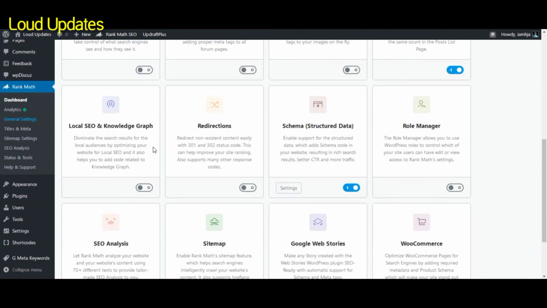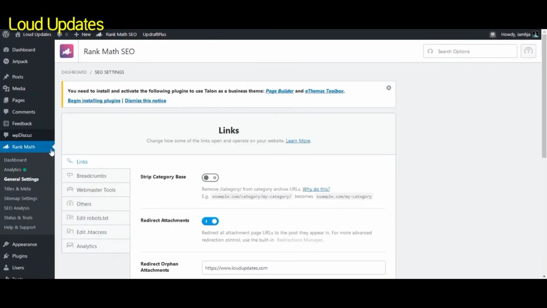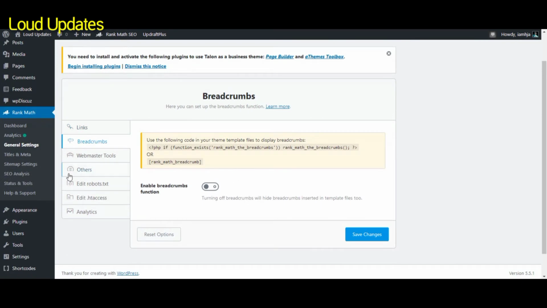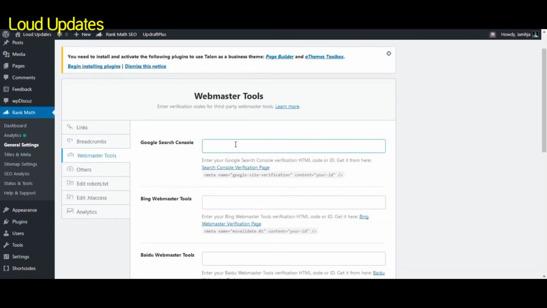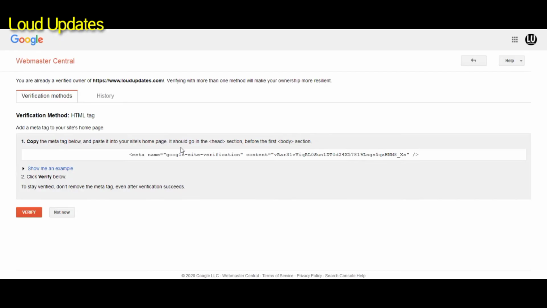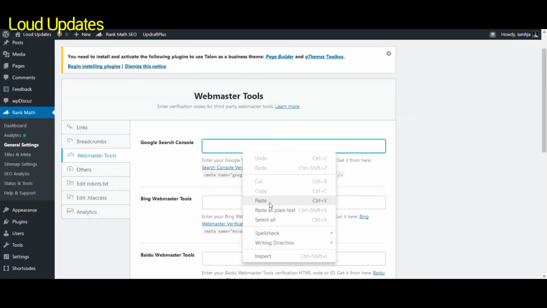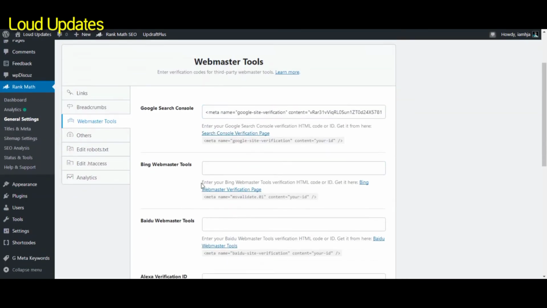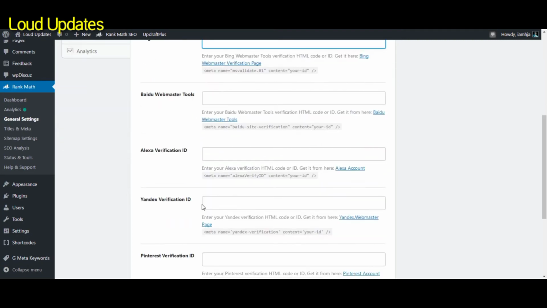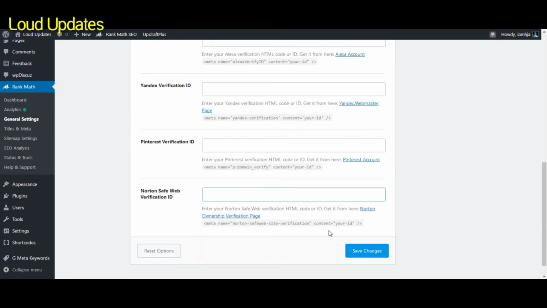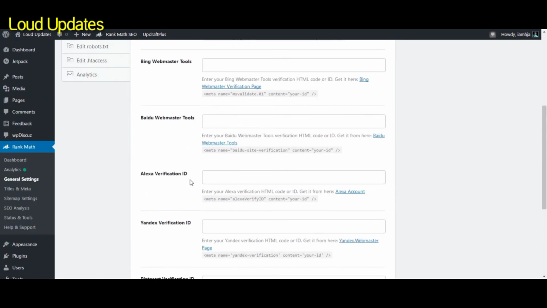The next step is general settings. Now go to general settings. Here you can see some settings. Breadcrumbs. If you want to connect webmaster tools, like Google Search Console, click on the link, copy this and paste it here. And there are also Bing Webmaster Tools, Baidu Webmaster Tools, Alexa, Yandex and other webmaster tools available.